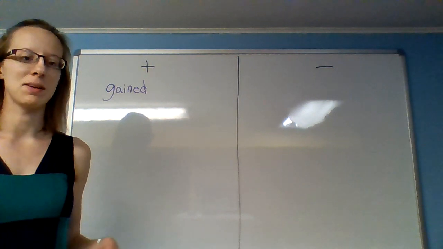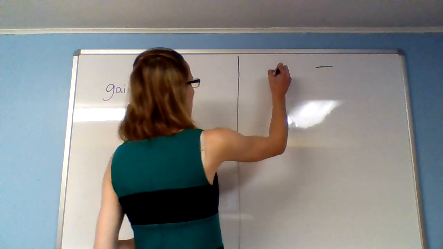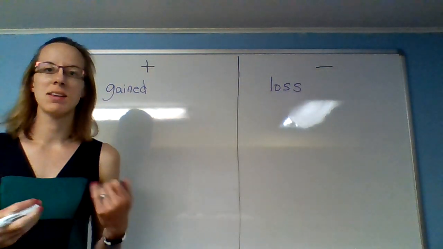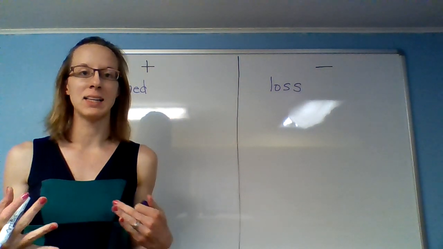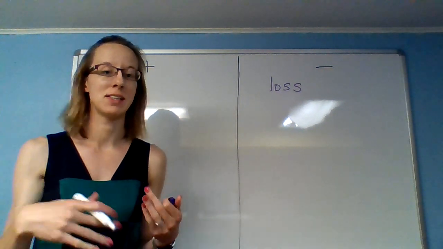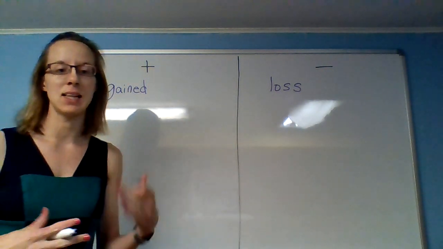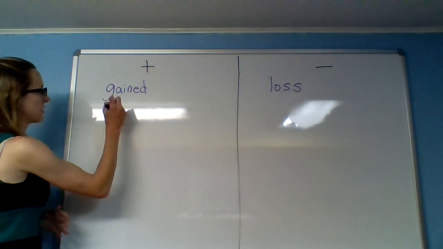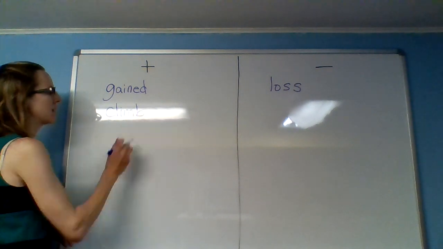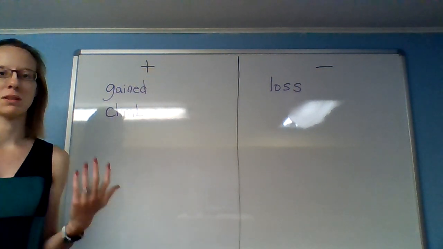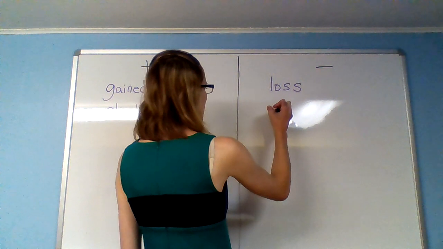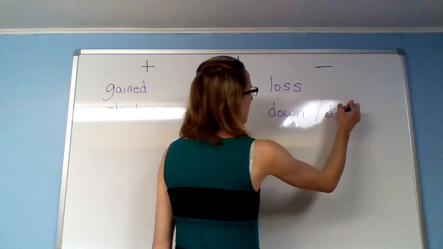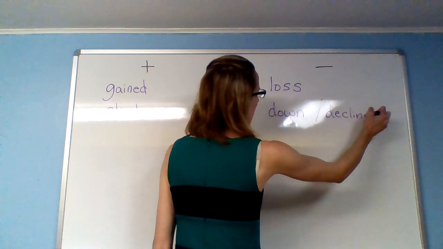On the flip side of that, if somebody says they lost a certain amount of weight, loss is normally in the negative column. The same thing goes with if somebody loses money in the stock market, that means that it's gone down. When the stock market gains, that means the number is going up. Other things that you might hear, the stock market climbs or somebody climbs a ladder, that's going to be a clue to the positive. If we say that something goes down or declines, that's going to be moving in the